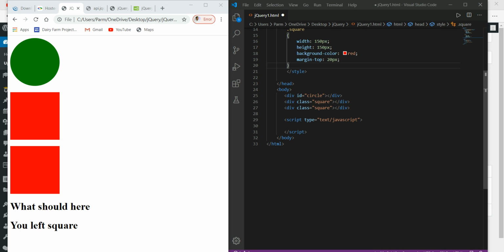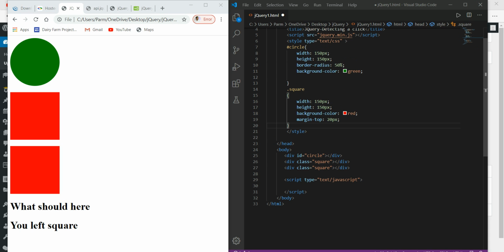So in the previous video we have done with the click event on the circle, and we have put an alert message with that click event. So here in this case we are going to change the contents of websites. How can we do that? Let's take an example over here.